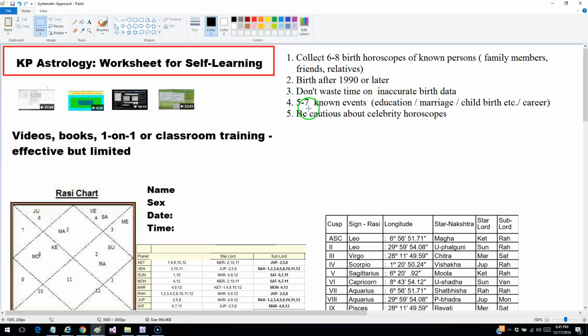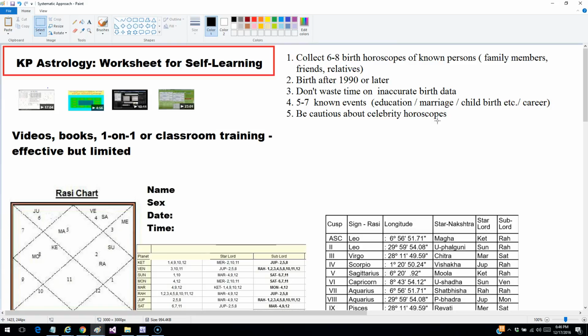Then with these kind of reliable birth charts, note down some of the events: education, marriage, childbirth, career, etc. These are all known events. And now you can also take a celebrity horoscope, because there are many reliable celebrity horoscopes where a lot of their personal life events and